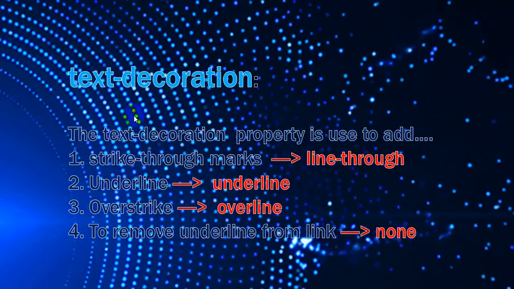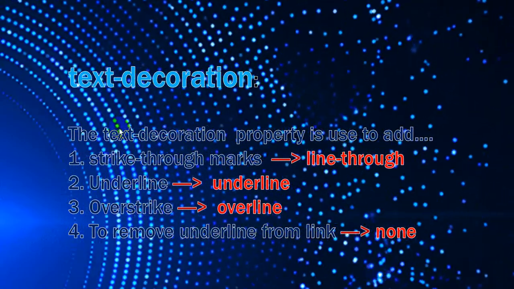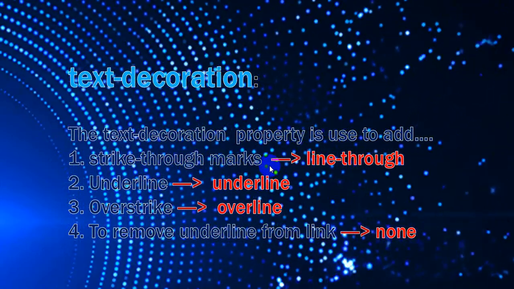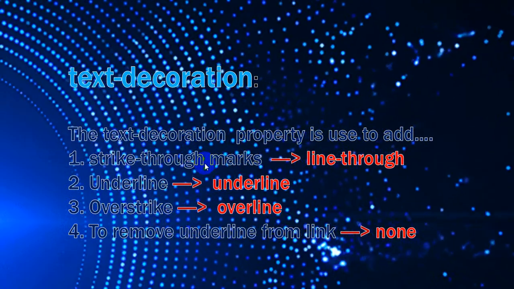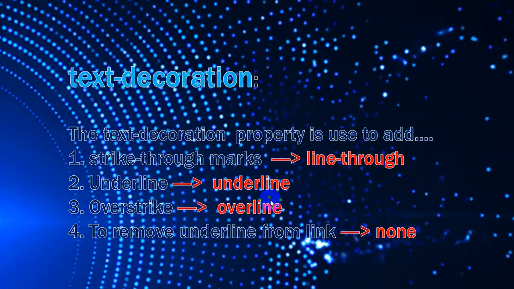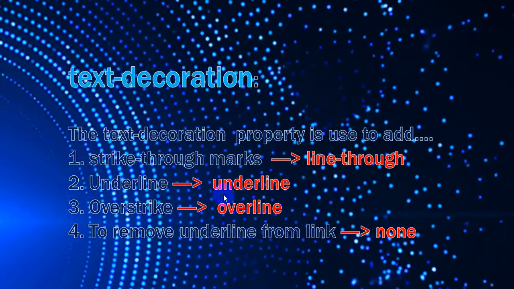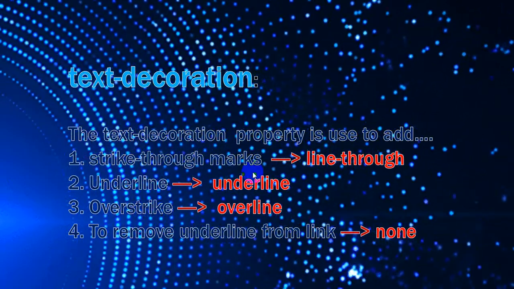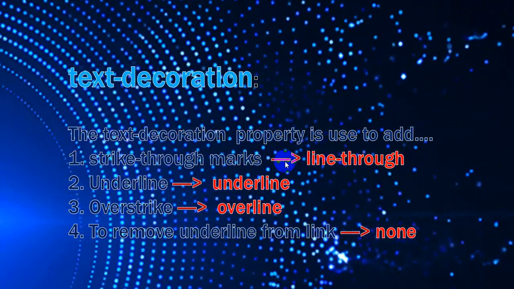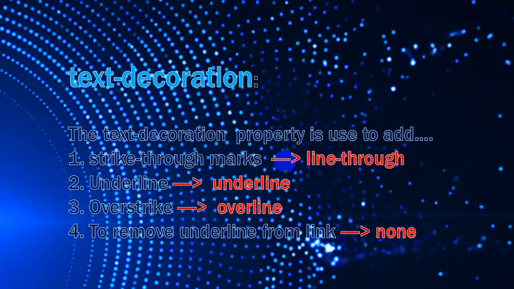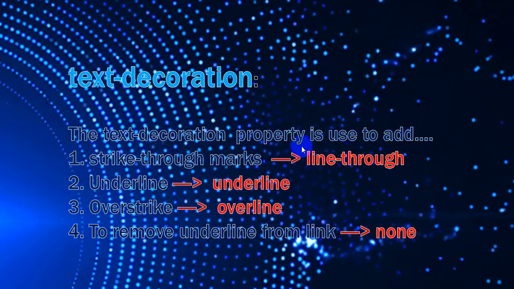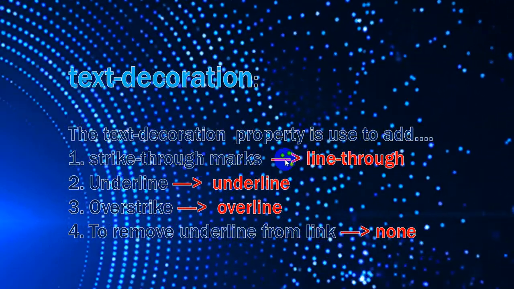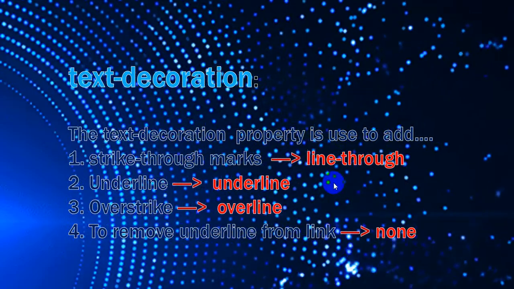See, just a little definition of text decoration. The text decoration property is used to add, so by using text decoration you can assign your text these 4 values. In CSS these are the 4 valid values. I am just repeating, in CSS these are the 4 valid values for text decoration. Okay, again, in our syllabus these are only 4.